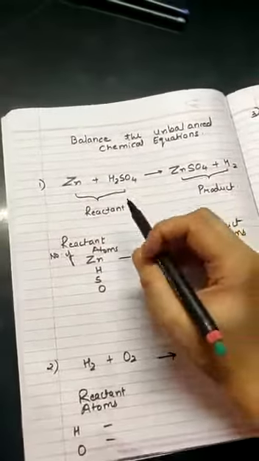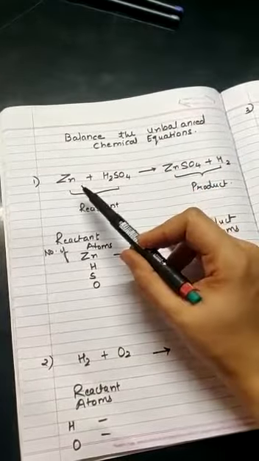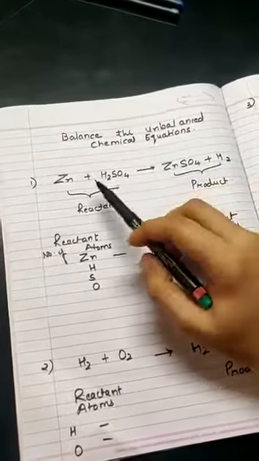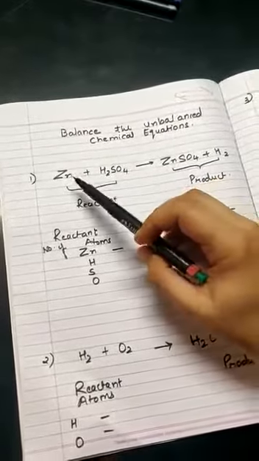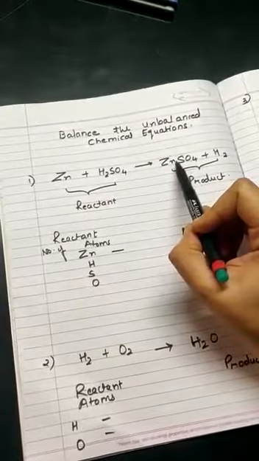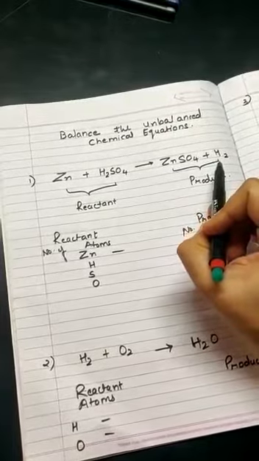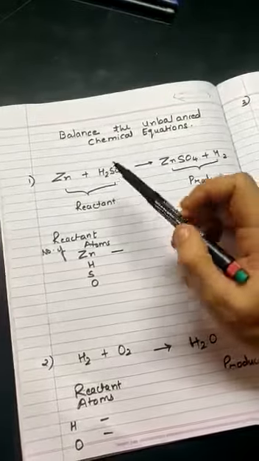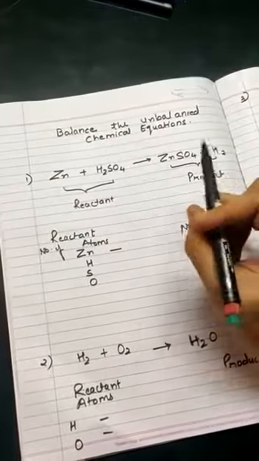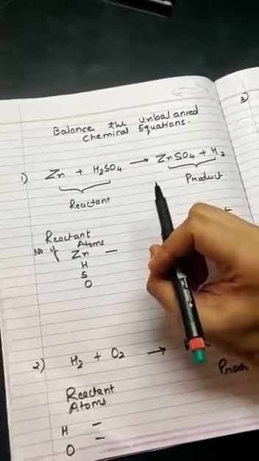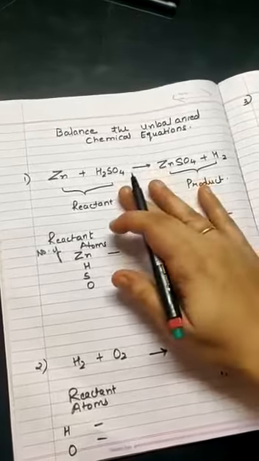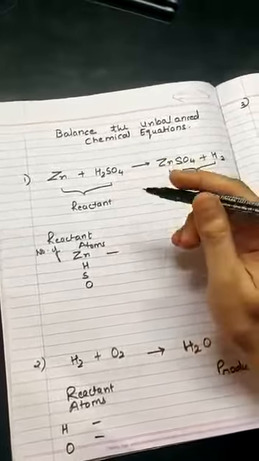You can see, as I have earlier explained, that on the left hand side whatever is there is known as reactant, and on the right hand side we have product. Now this is a simple reaction where zinc is added to sulfuric acid and we get zinc sulfate, and hydrogen is released in the form of gas. So now, how to balance this reaction, or check whether it is balanced or not? Let's count the number of atoms on both sides. If both are equal, then it is balanced. If they are unequal, then it is unbalanced.